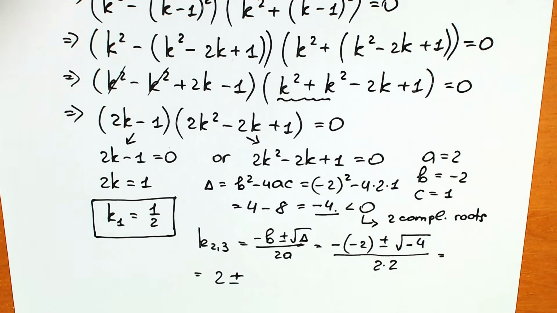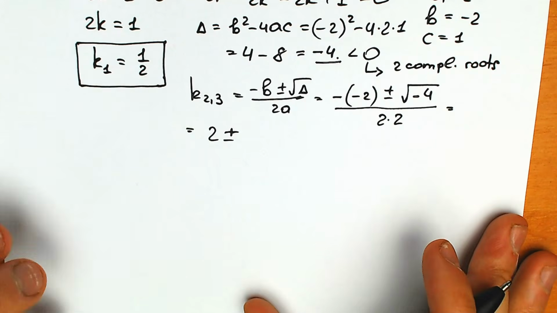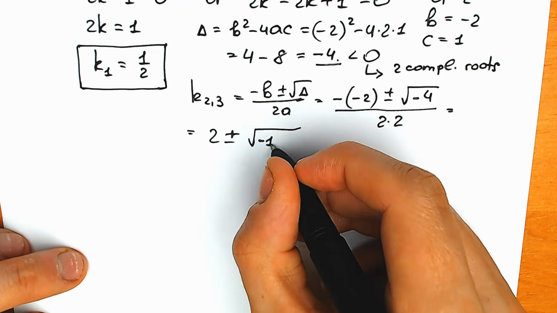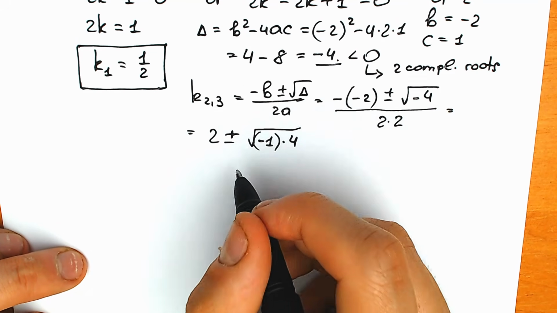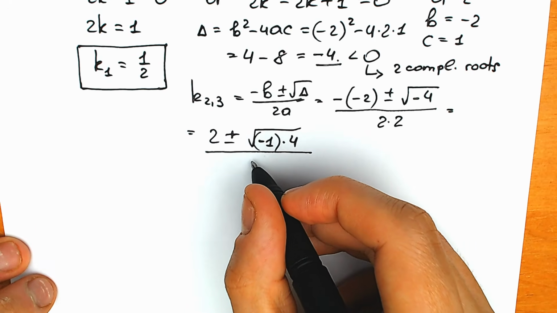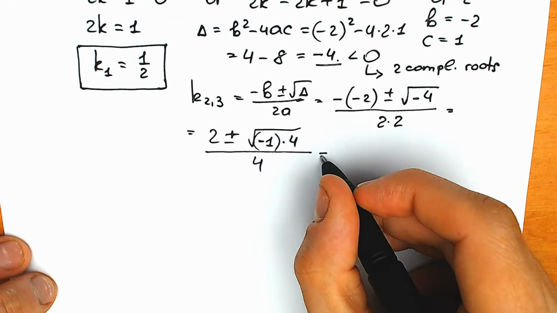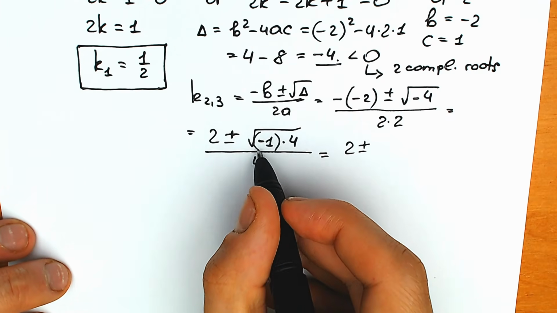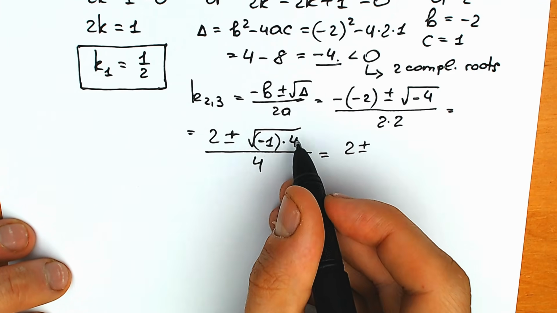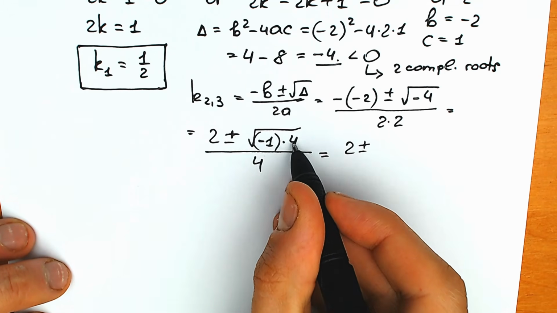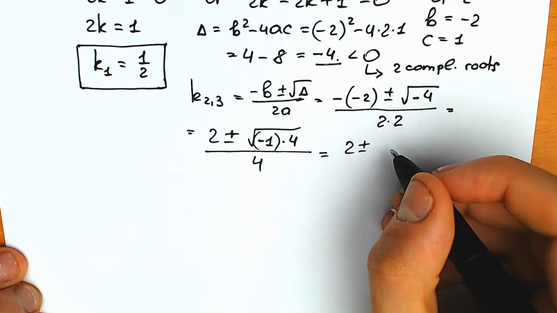We can write it as square root of minus 1 times 4, as a product, over 2 times 2, equal to 4. Okay, right now we can write it as 2 plus minus. Right here we can split it into square root of minus 1 times square root of 4, where square root of minus 1 equal to i, square root of 4 equal to 2. So 2i